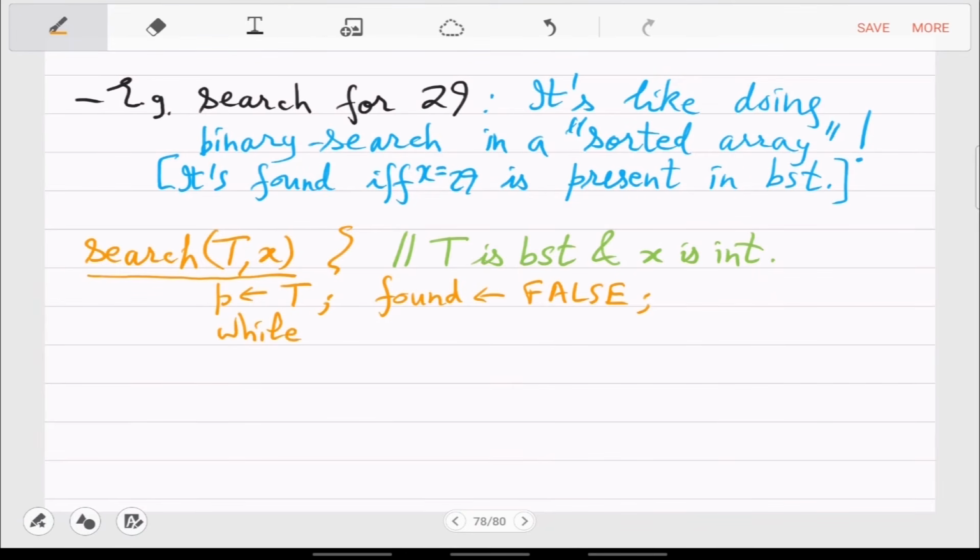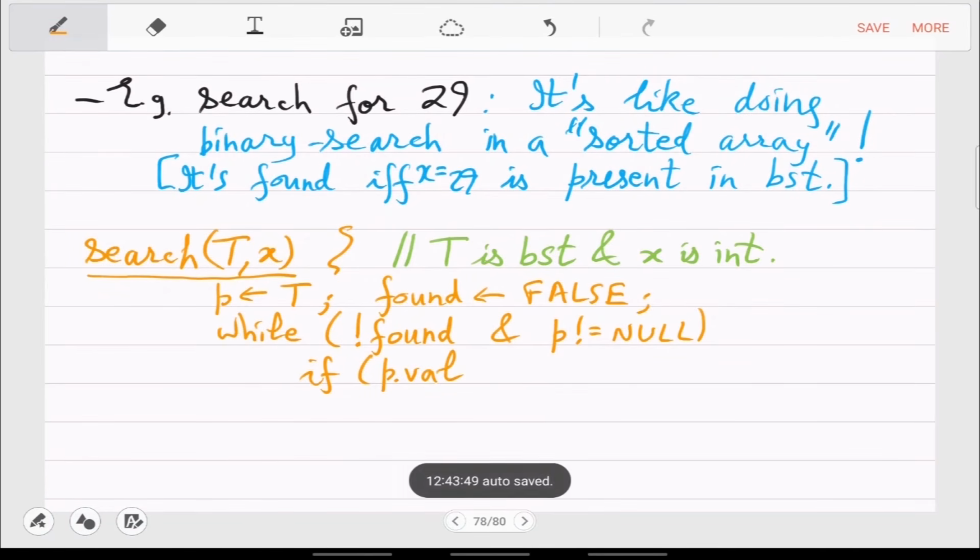So let's search for X. While not found and P not equal to null pointer, you are at the value P dot val.